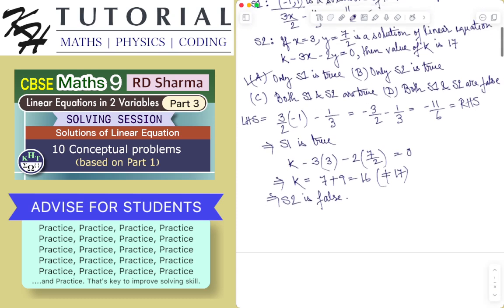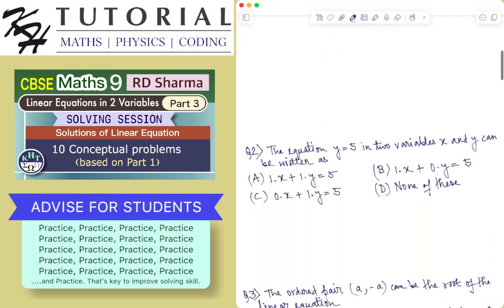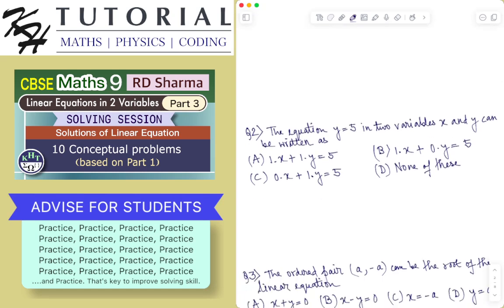Let's see the next problem. Question number 2. The equation y equals 5 in two variables x and y can be written as